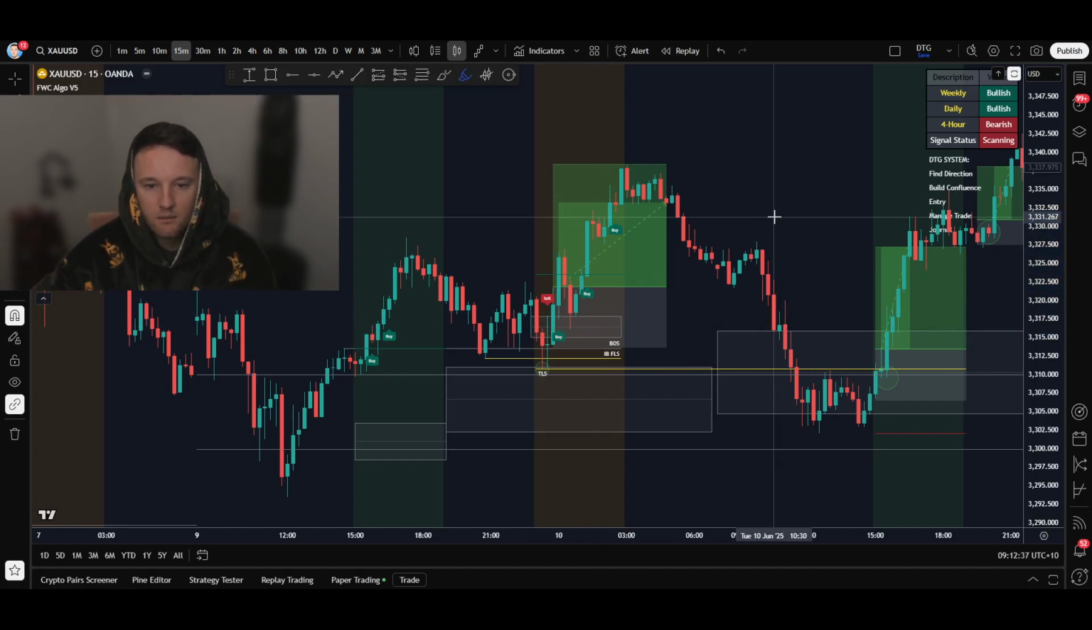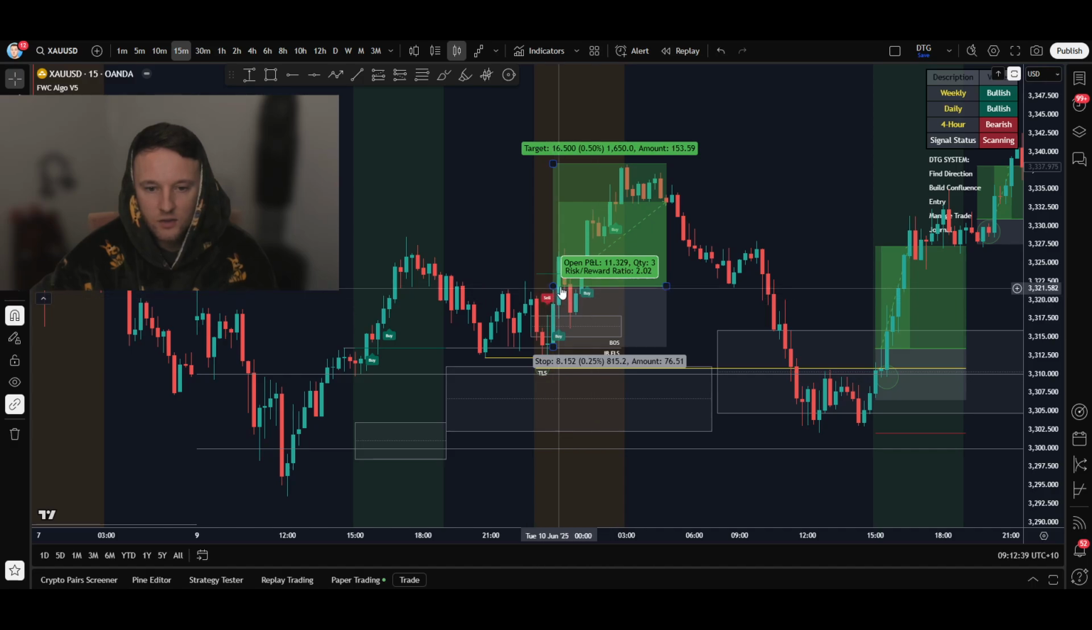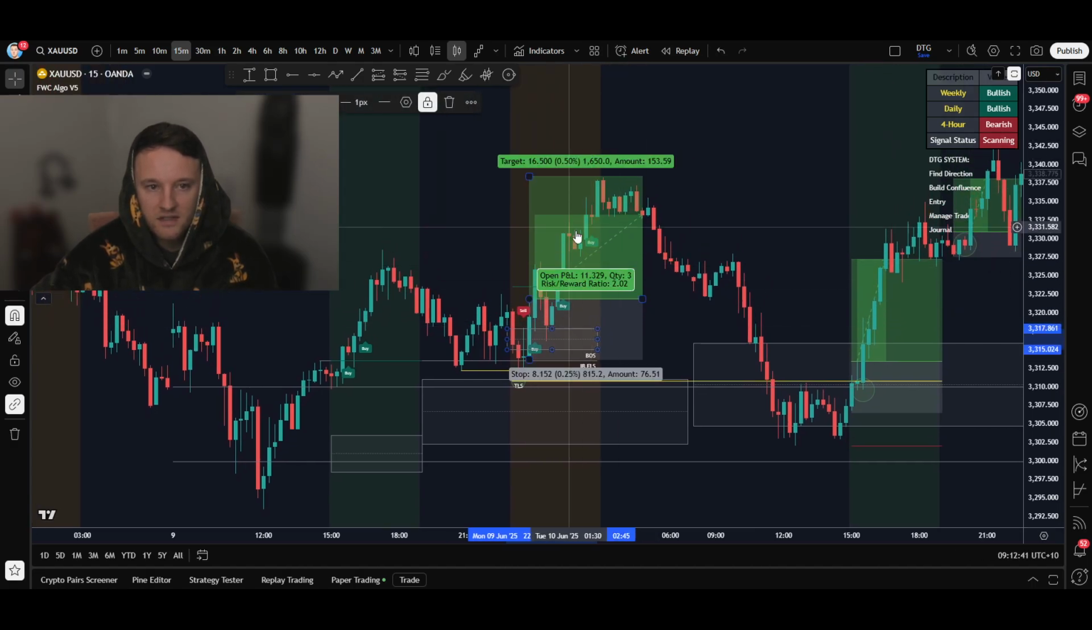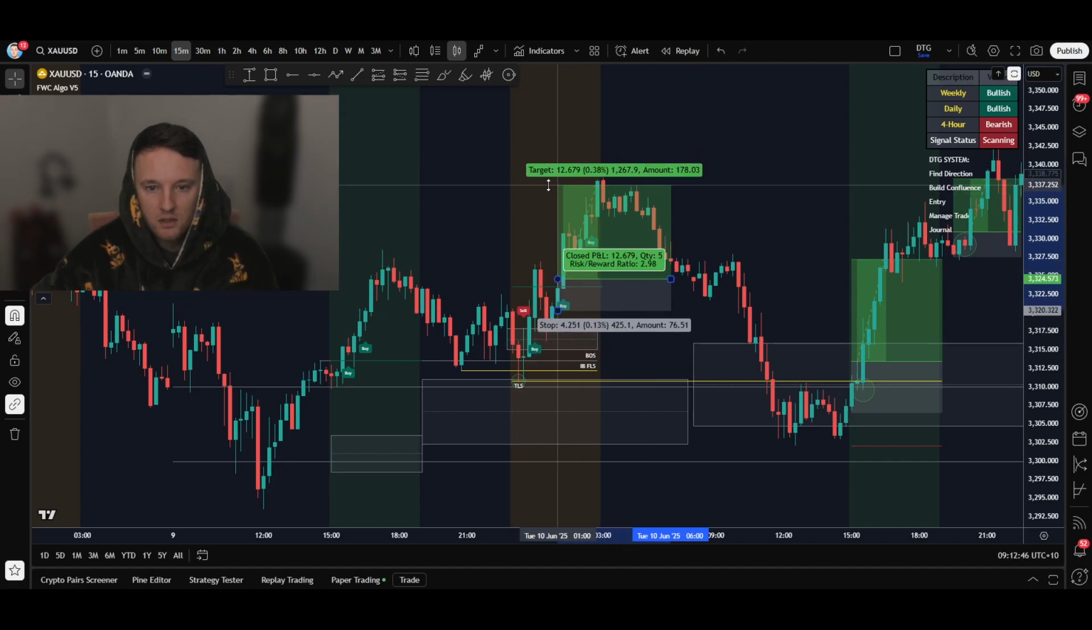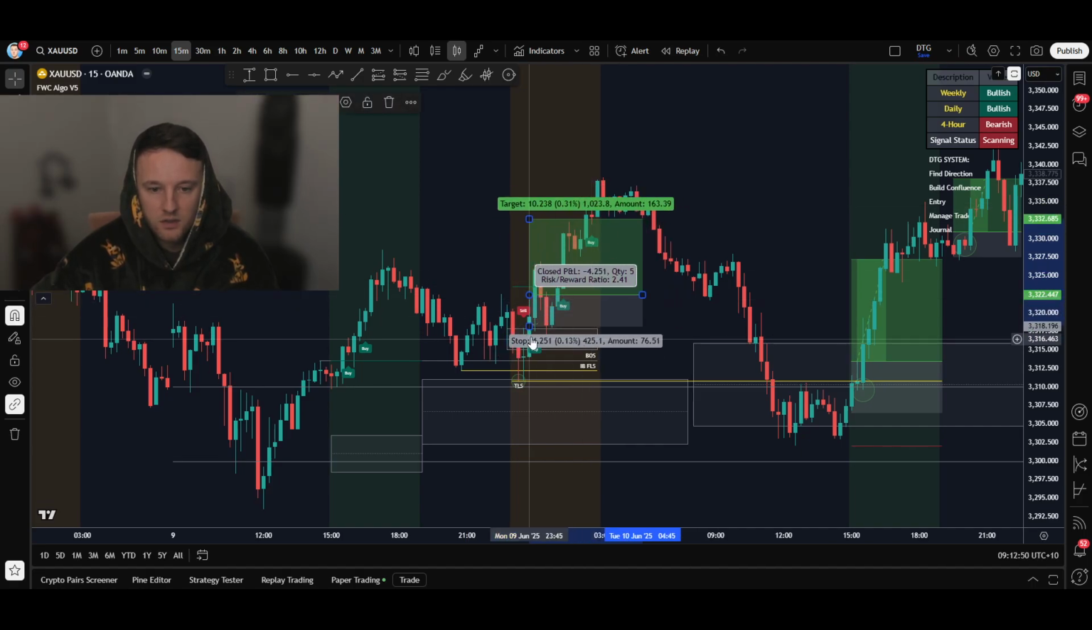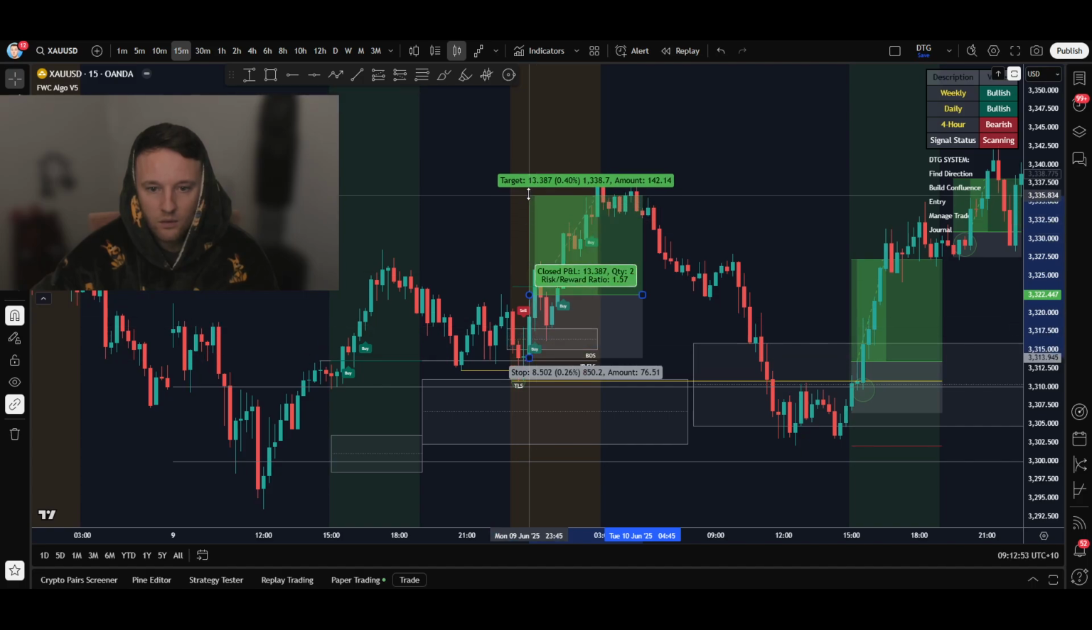Beautiful. Then it started moving up. So if you didn't get this entry or you got out at break even on this entry, you could have taken the second entry, which was right here, which again would have returned you a 1 to 2 risk reward ratio for 80, 90 pips. This one would have returned you a 1 to 2 risk reward ratio for